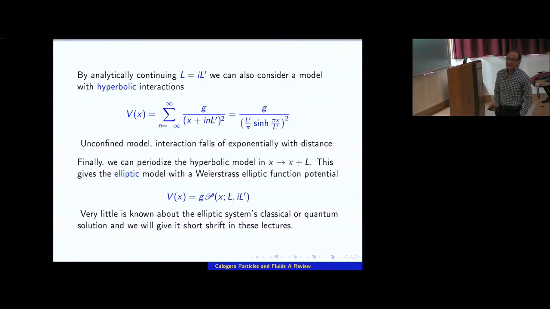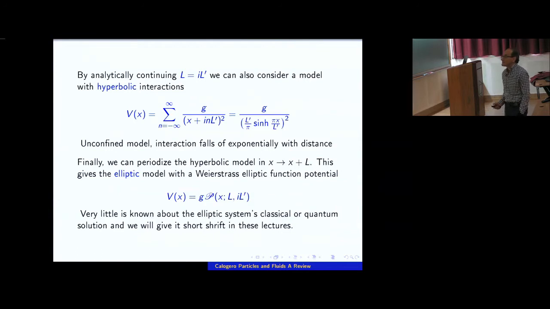So although they still have the same 1 over r square behavior at coincidence, near coincidence points, they fall off exponentially. So the behavior of that system is quite different than the previous one. And once you have that, you say, gee, I would like to periodize it too in X. Now it's not periodic anymore because L became imaginary. And once you do that, you end up summing over infinitely many copies of that, and that gives you the